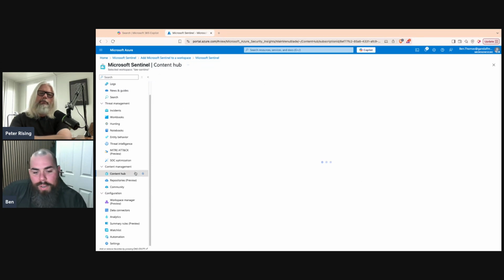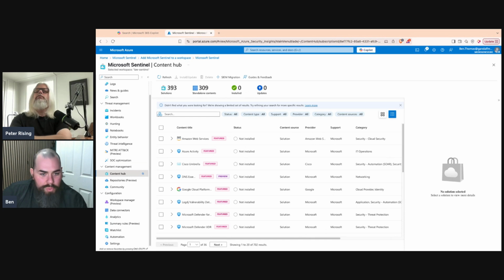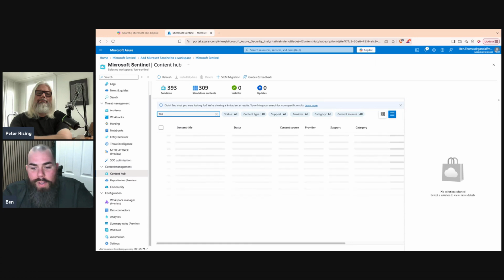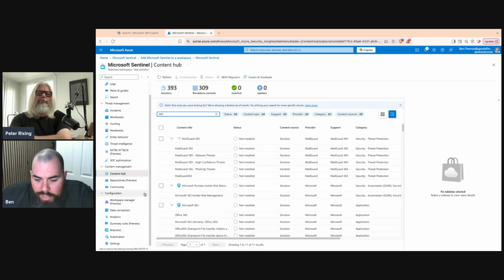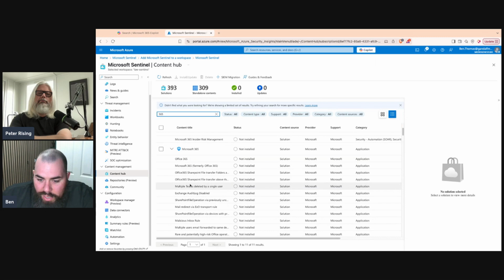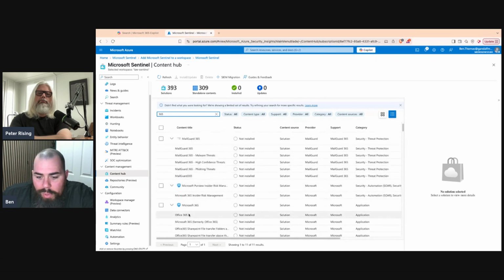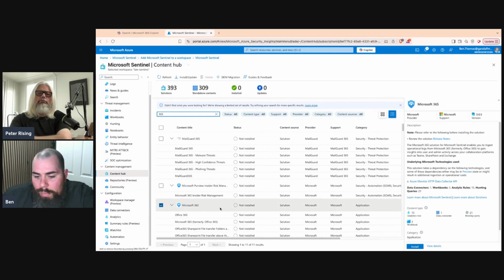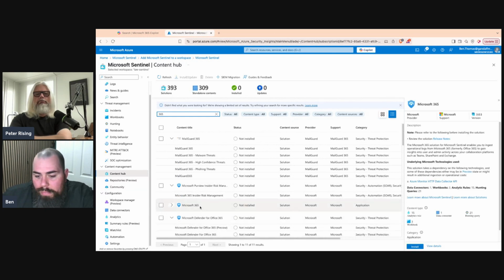Content Hub, referenced it a few times, but this is the daddy. This is where we can get pre-canned connectors, but also rules as well. Because we're probably going to connect it to Microsoft 365, we'll just do 365 and save my spelling and see what comes up. So we've got MailGuard. We're not interested in that. So we've got Microsoft 365. We can see all these rules. But if we were to click on the actual top level item, if we don't have it maximized,